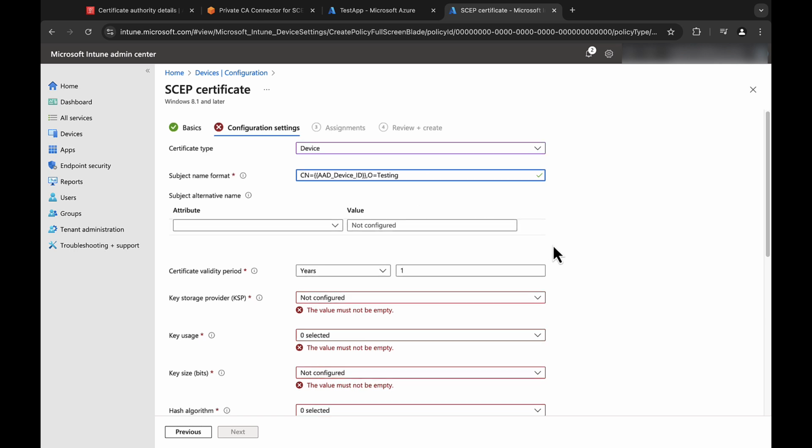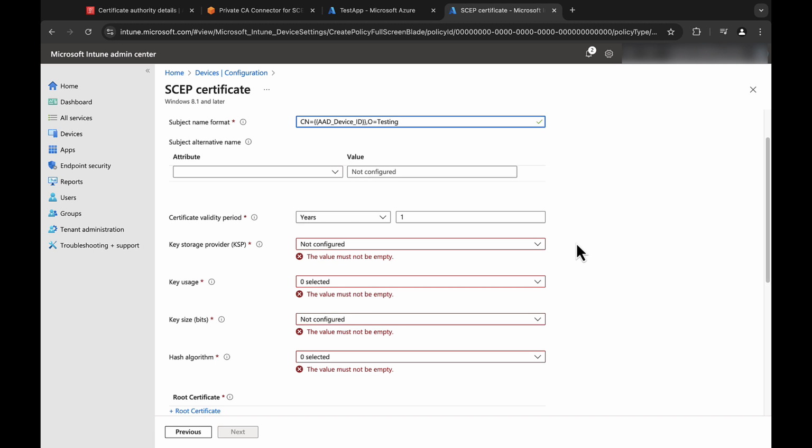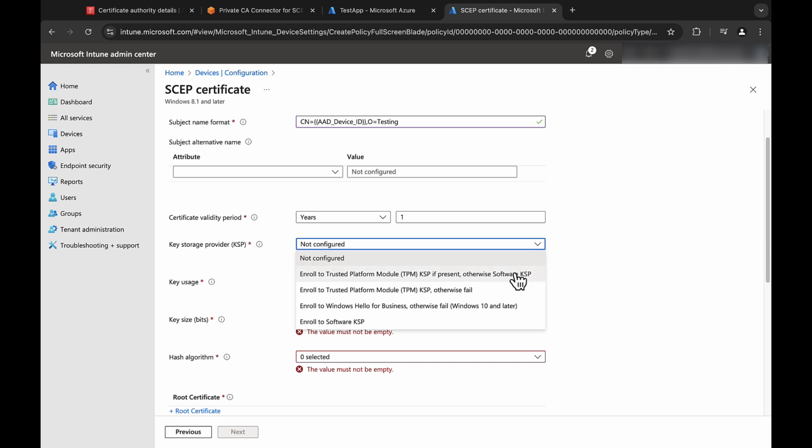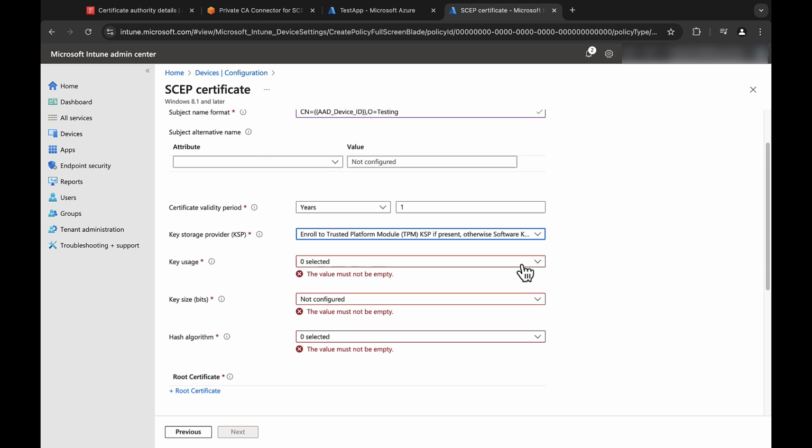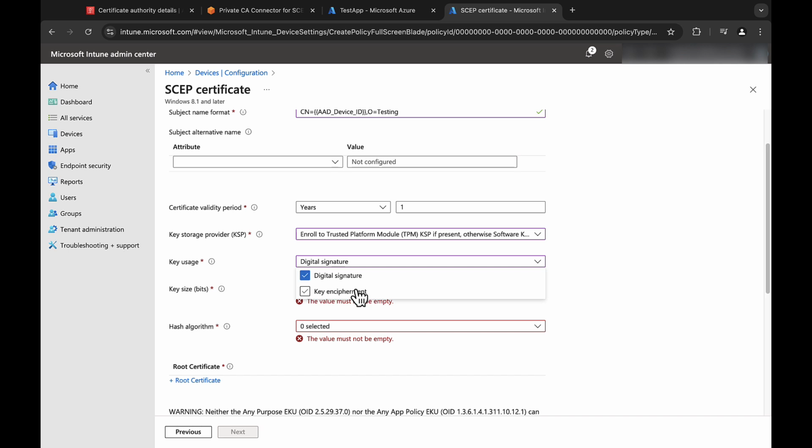You can configure the validity period of your certificate, which I will also leave as the default. And then we have for key storage provider, we'll go ahead and we'll select Enroll to Trusted Platform Module KSP if present, otherwise Software KSP. For key usage, we can select both digital signature and key encipherment.